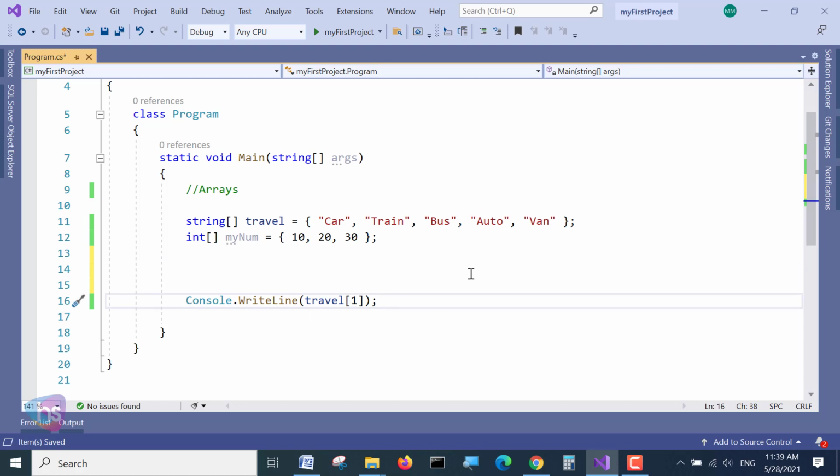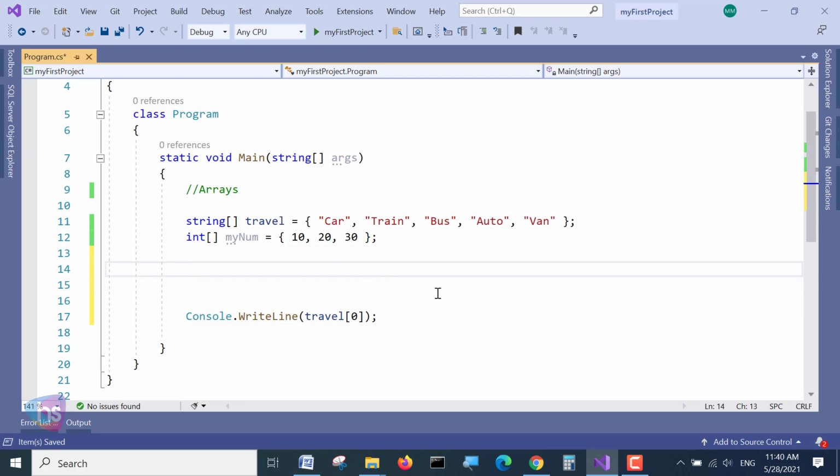So how can I fix it? See, instead of travel of 0 being car, I want to get a plane or a cycle. How can I change my value? Even though a group of list items comes one by one, I want a custom value to be added there.